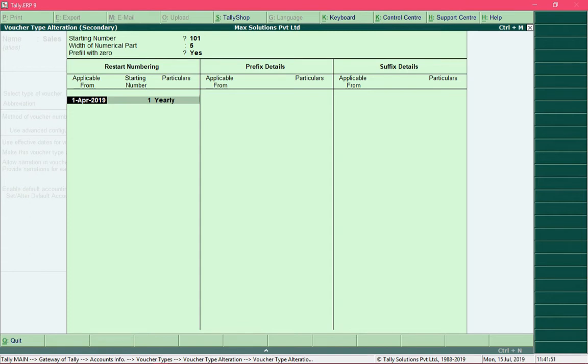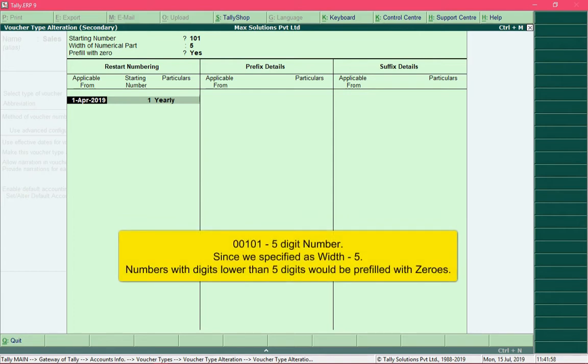But since I specified the width of the numerical part as 5, my invoice number would look something like 00101, which is a 5-digit number. And since the invoice number begins with 101, the rest of the digits would be filled with 0. So this is how width of numerical part and pre-fill with 0 option works.